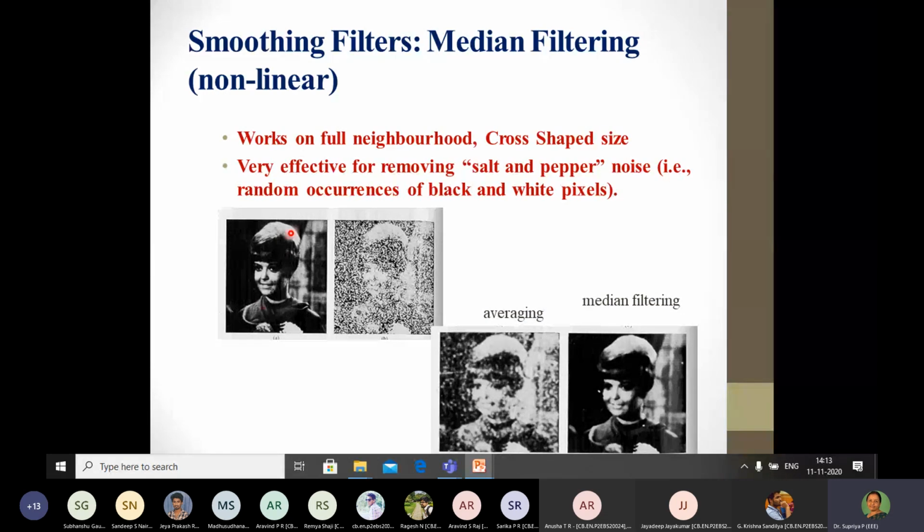When you see the average filter, it still has some dots, but the median filter is much clearer. This tells us why it is more suitable for removing the salt and pepper noise.